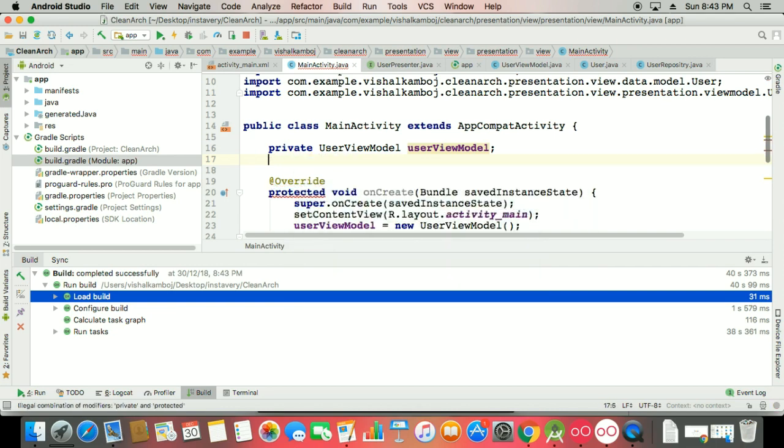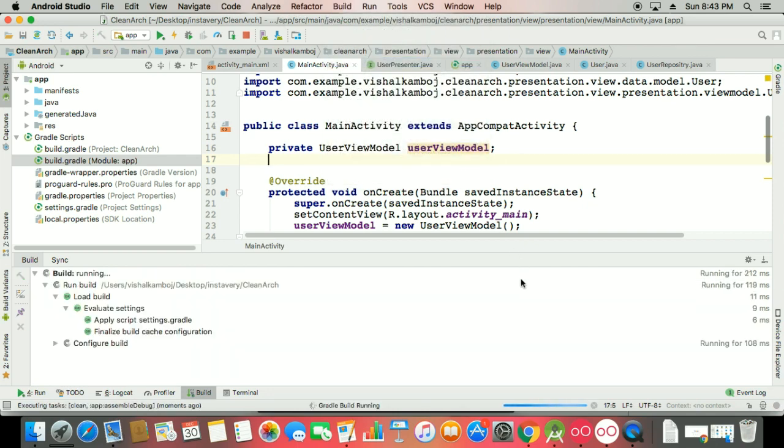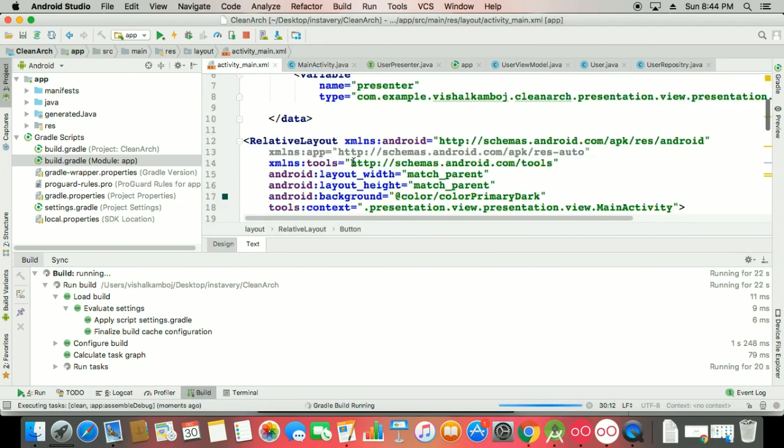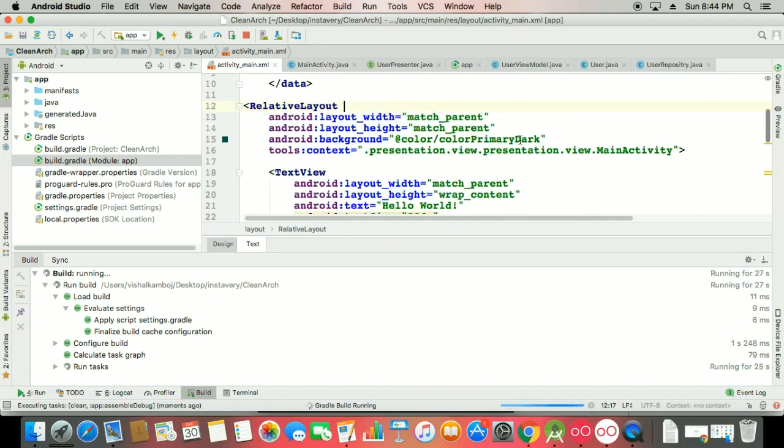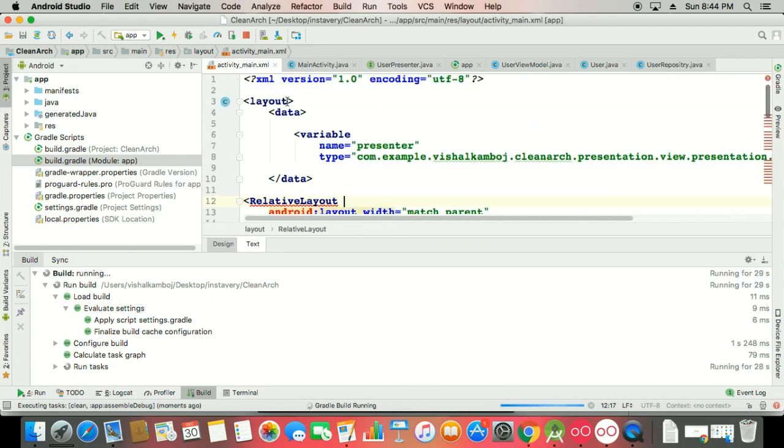Okay, let's see, maybe it's a build issue. One more time, check, rebuild it. Sometimes it's not making the binding name or binding class name. And one more thing, these tags we always have to put on your main layout.